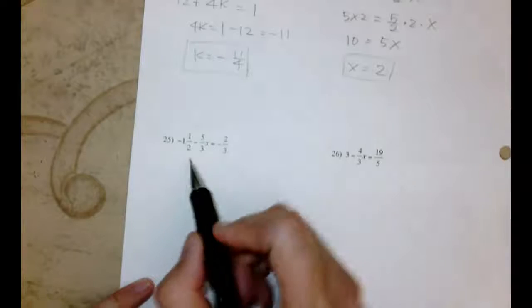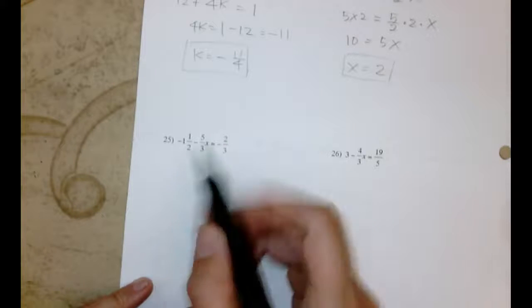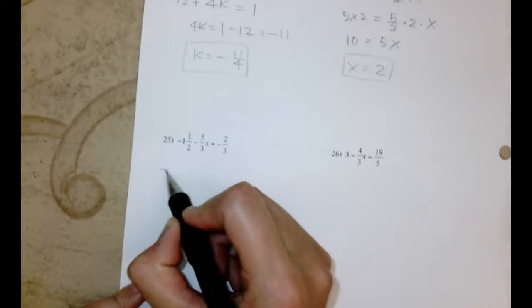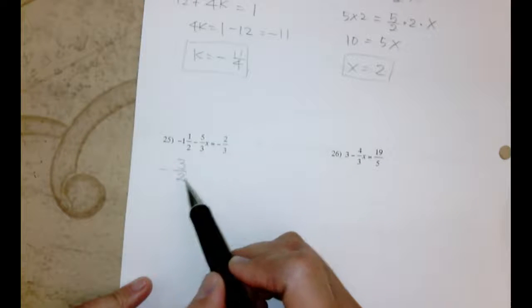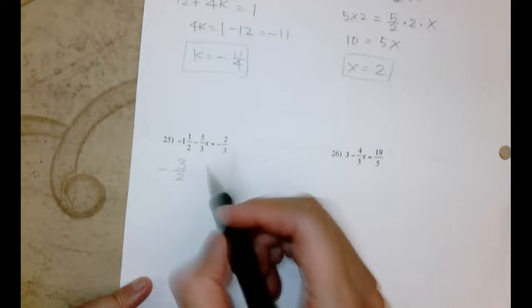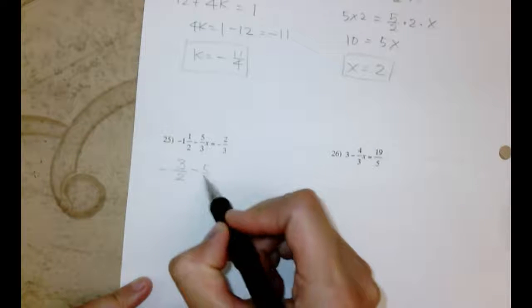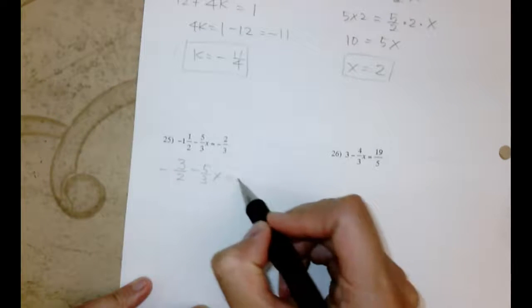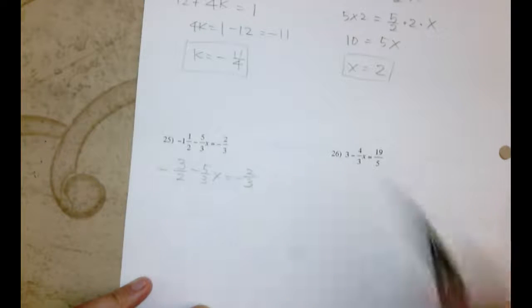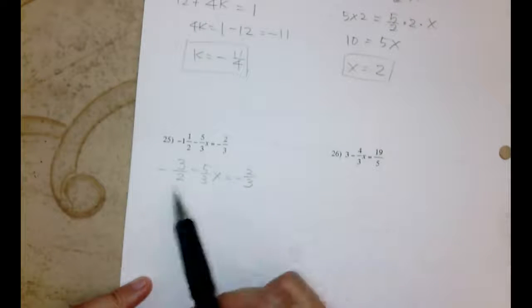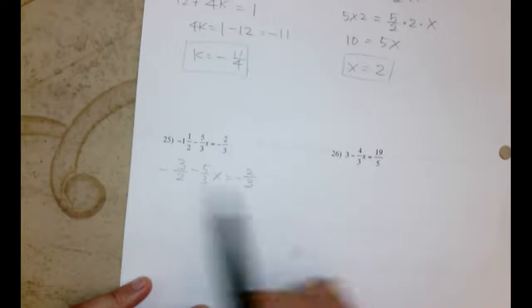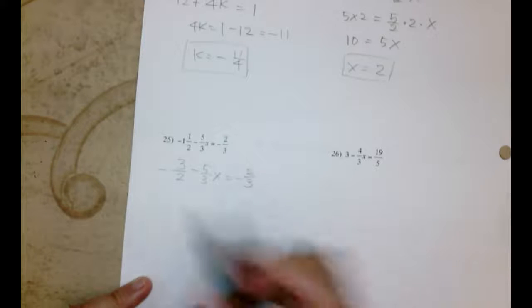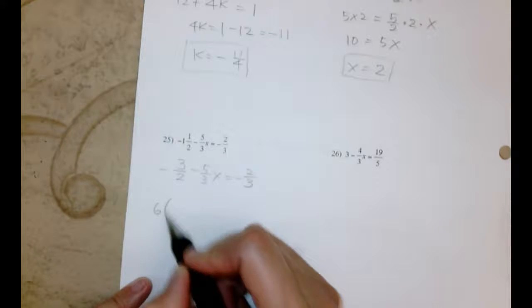All right. And this one. Okay, again, this has a mixed number, so let's change this to an improper fraction. So that's negative 2, and that would be 3, right? 3 over 2 is 1.5. Negative 5 over 3x equal negative 2 over 3. Okay, so you have 3 fractions, and the denominators are 2, 3, and 3. So the common denominator would be 6. Okay, so you want to multiply the whole thing